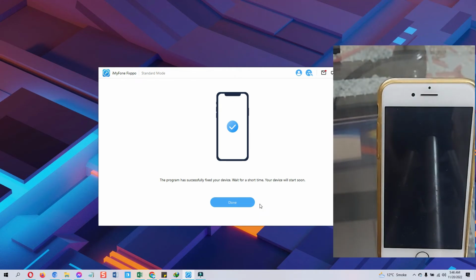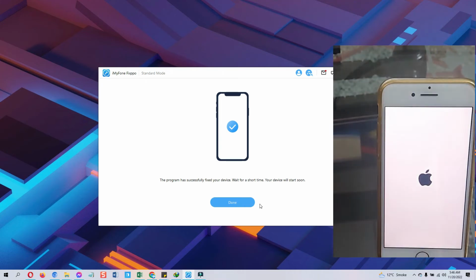As you can see guys, the process is now completed. Now just after a little while, the device will start. This is how you can fix the iPhone black screen of death problem using iMyFone Fixppo.